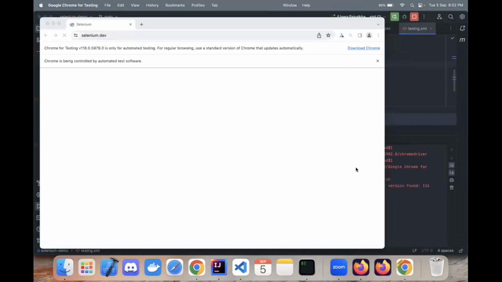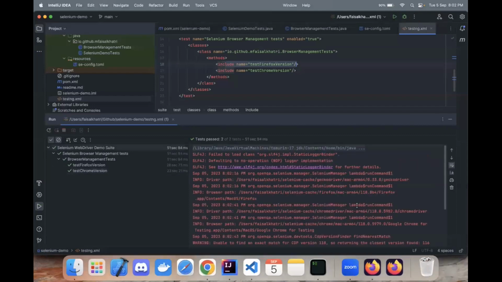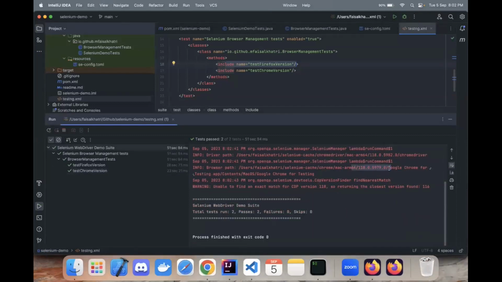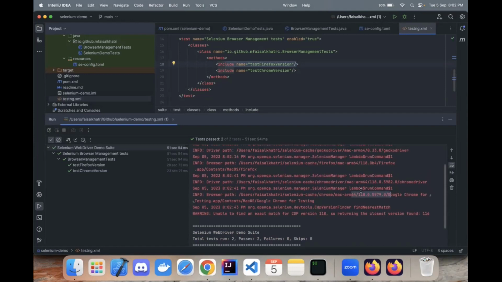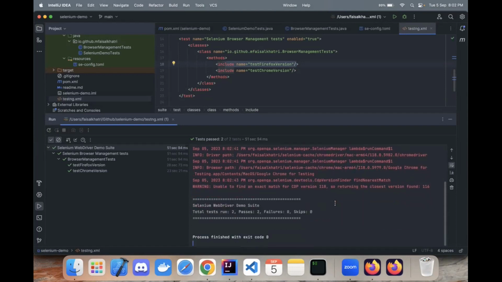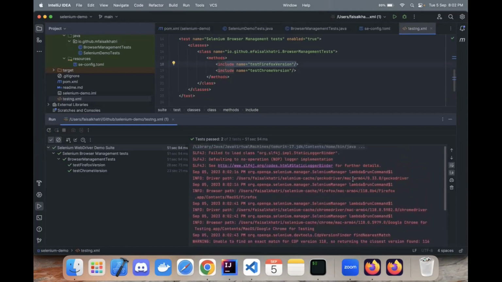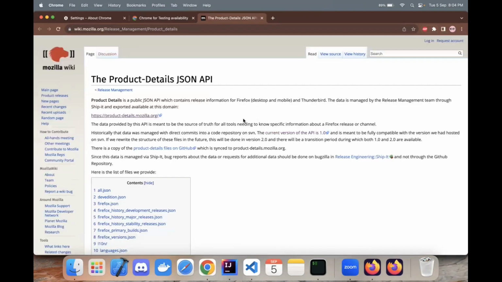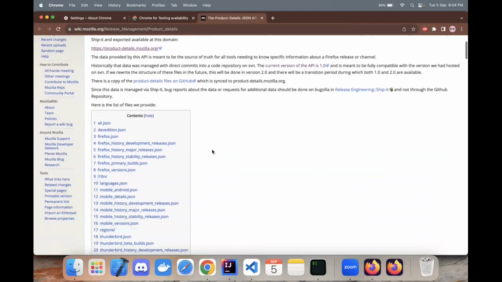And you can see that the version 118.0.5979.0 has been downloaded, and then the test ran on that version. Similarly, for Firefox as well, 118.0 and then 0.33.0 for the dev version. Let me also show you the page from where the binaries, the browser as well as the driver related binaries, are downloaded for Firefox. So this is the page here